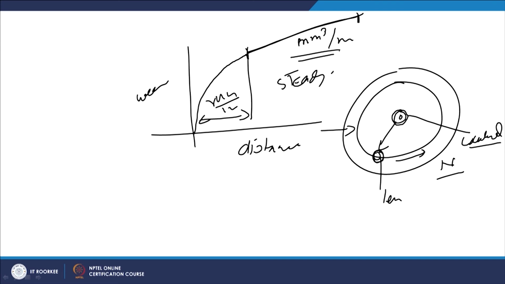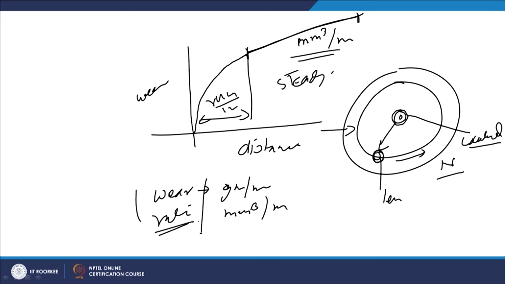That is what the slope will indicate. So the wear, which is quantified maybe in terms of gram per meter or cube per meter, that's how the wear rate is obtained, and this wear rate is to be reported along with the value of the load, velocity, the kind of the counter surface material,